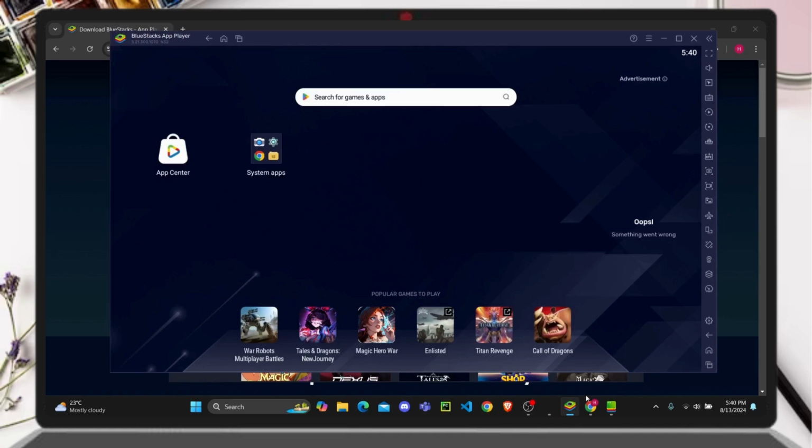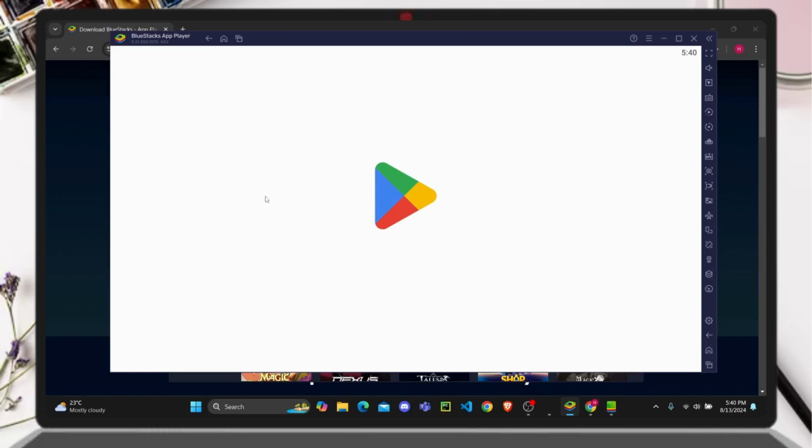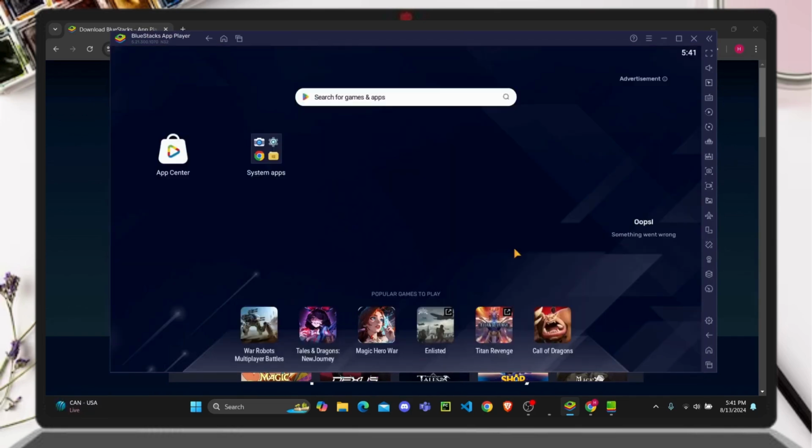And once you have downloaded the app, it will basically show up in the home screen right there. So let's check. Once you have downloaded the app, it will show up right here and you can easily play the game on your PC. And that's how you can play CarX